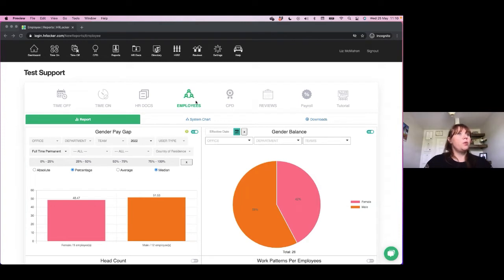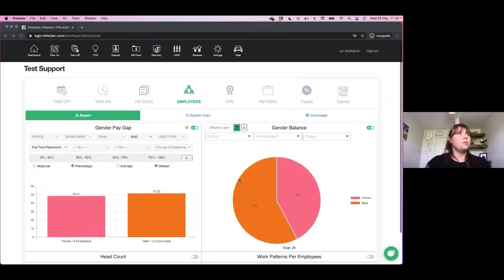So the gender pay gap report and the gender balance reporting, the two new reports that can be found when you go into Reports, into the Employees section. It does take a lot of information from the different directory information, so it is important that we have it set up correctly. So if I go into the directory over here,